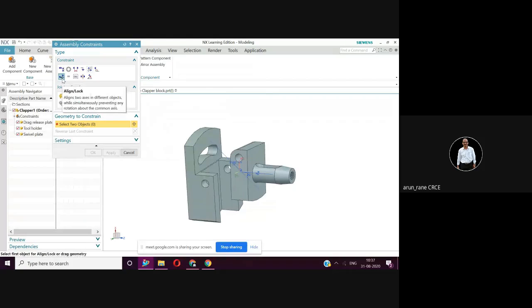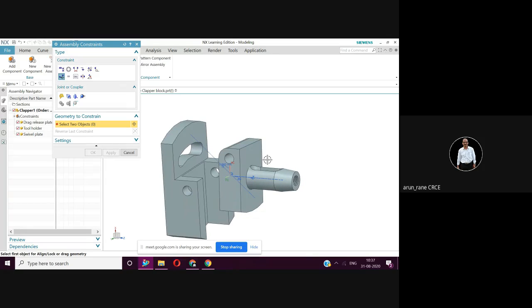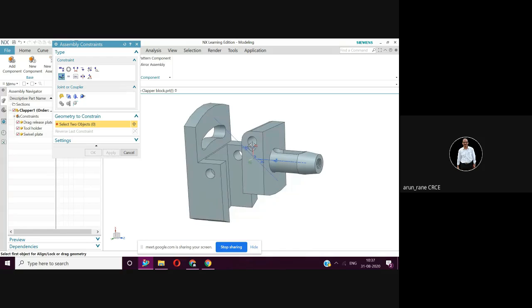Select align lock. You have to select two objects. Again, what is our rule?